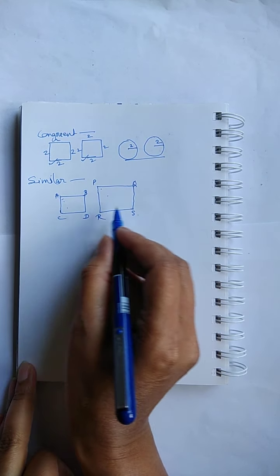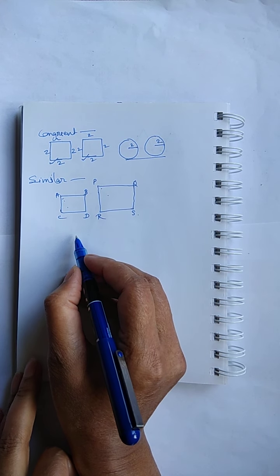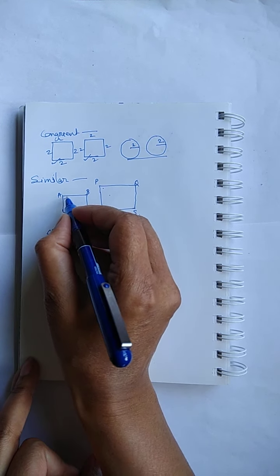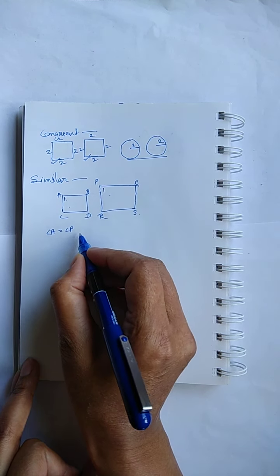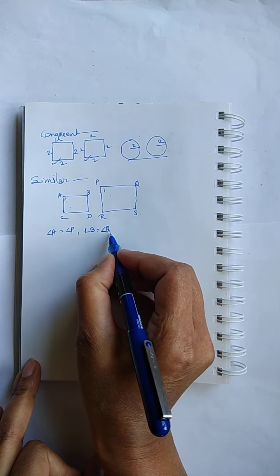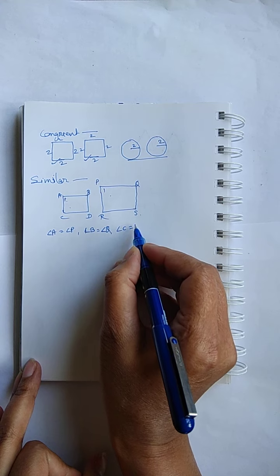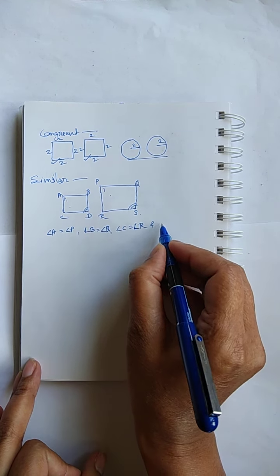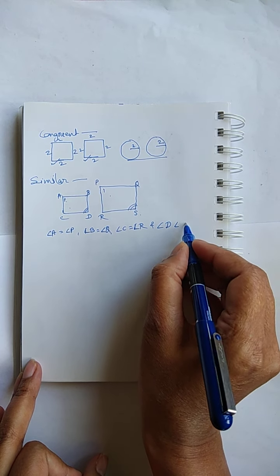So we can say these two squares are similar if angle A equals angle P, angle B equals angle Q, angle C equals angle R, and the last one, angle D equals angle S,